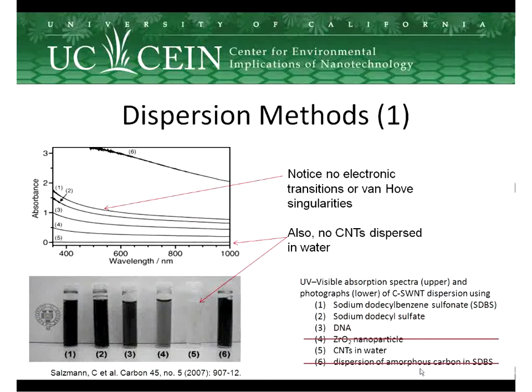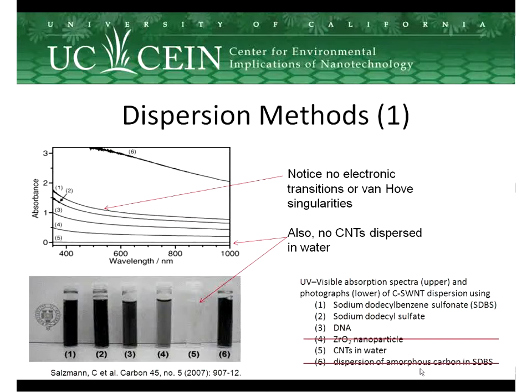DNA, where these guys use DNA. I crossed two out because they're not relevant. And then the fifth one is carbon nanotubes in water. So we see here, for example, again, the absorption. And these are the spectra, and this is the absorption for SDBS, then the other one's for SDS, DNA, and